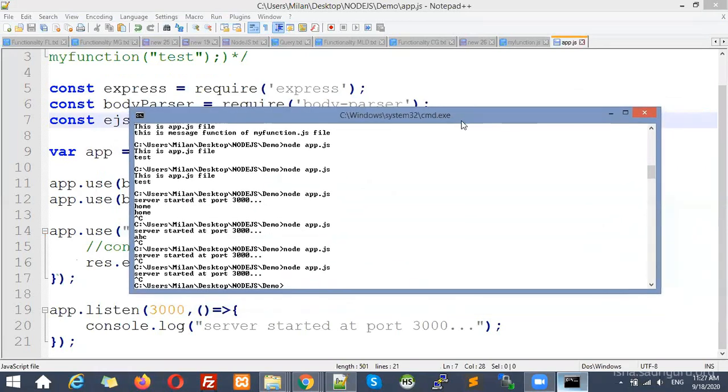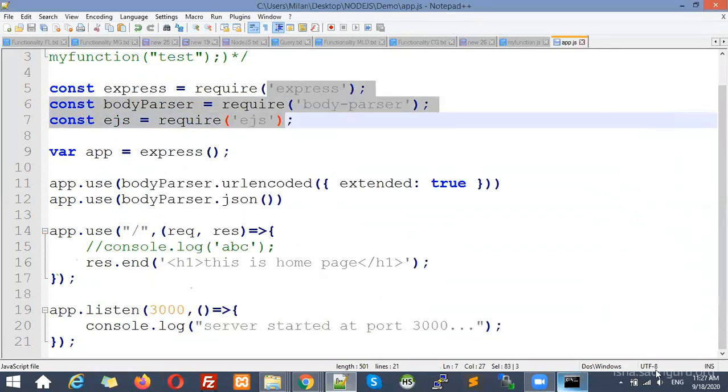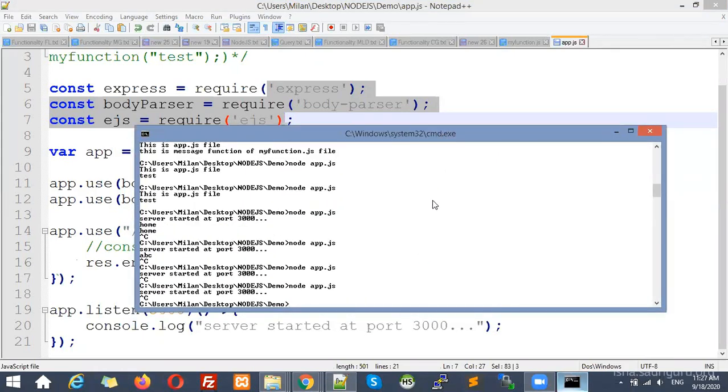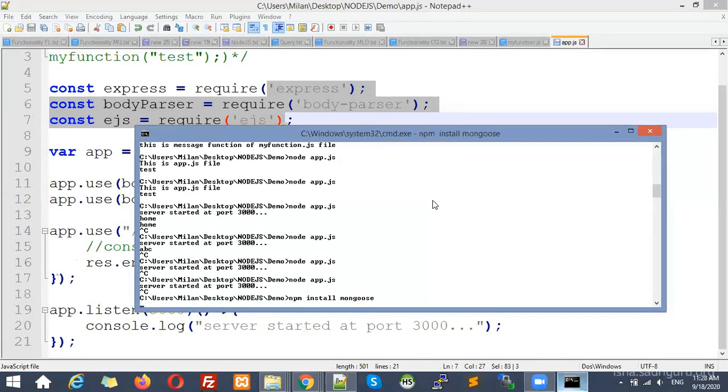For MongoDB, see, we already installed 3 packages together in one command. Now later on, if you require to install any other package, again you can write the same command: npm install and the name of the package. So for MongoDB, the package name is Mongoose. This is the package name. There are different packages available for MongoDB also, but we are going to use the Mongoose package. So let me install it. So that package is going to install,